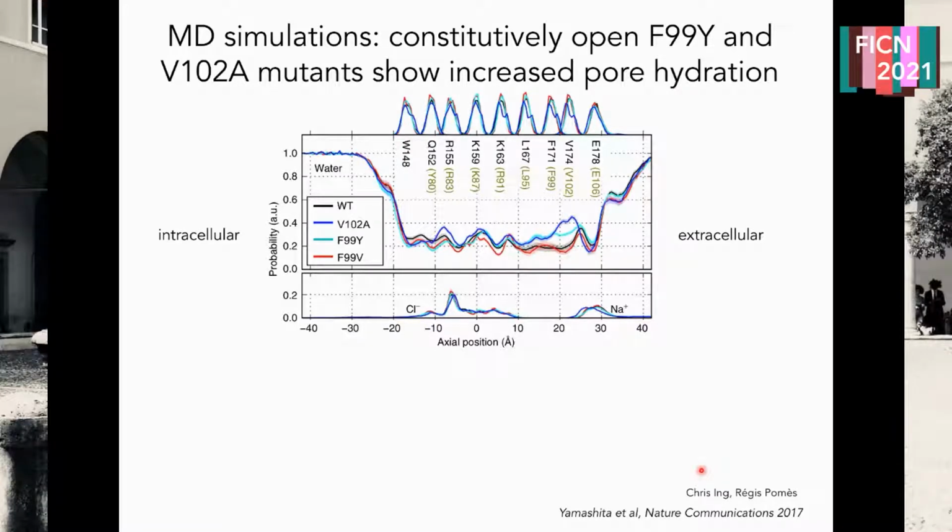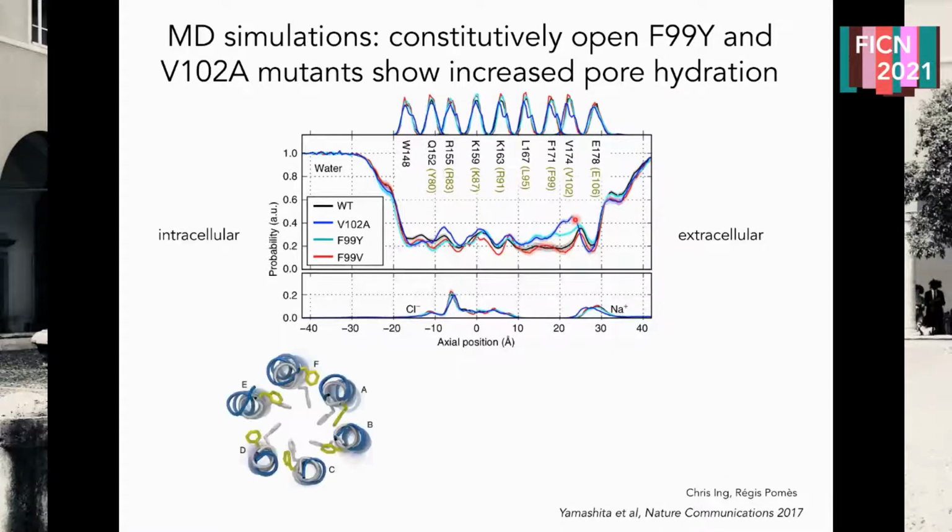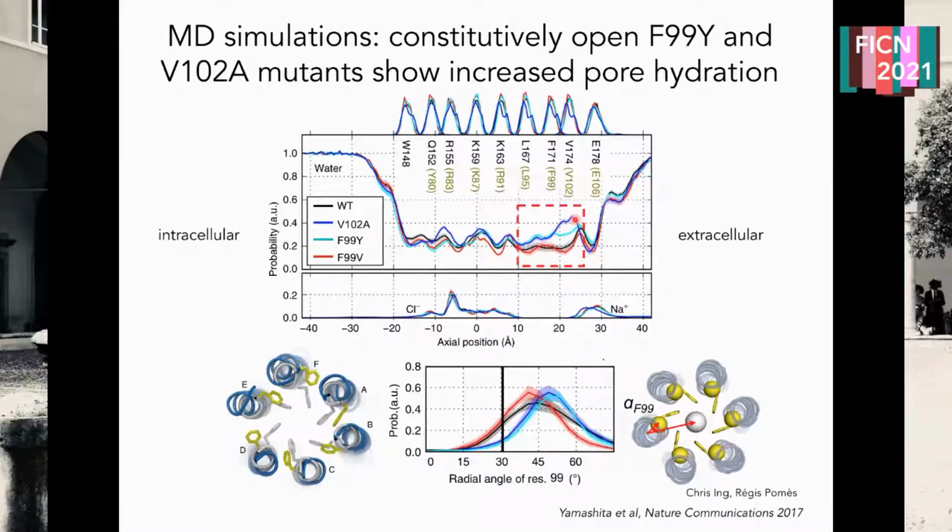And what we found from their analysis is that, in fact, if you look at the hydrophobic part of the ion channel, substitutions like V102A or F99Y, which strongly activate the channel constitutively, result in significant increase in water occupancy in the hydrophobic stretch of the pore, whereas the valine mutant actually decreases water occupancy to a modest extent. Not only that, interestingly, we also found that